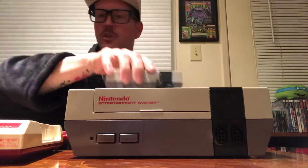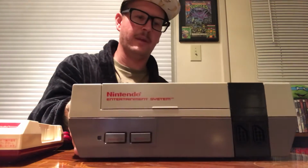All right. So this is obviously the official Nintendo. I like the color, I like the weight. I think it's a little too heavy compared to the Famicom here, although it's just an iconic piece of work, and it's nice that it has the RF cable as well as the AV cables. It's super handy to have the AV cables because they can also hook up to the Super Famicom as well